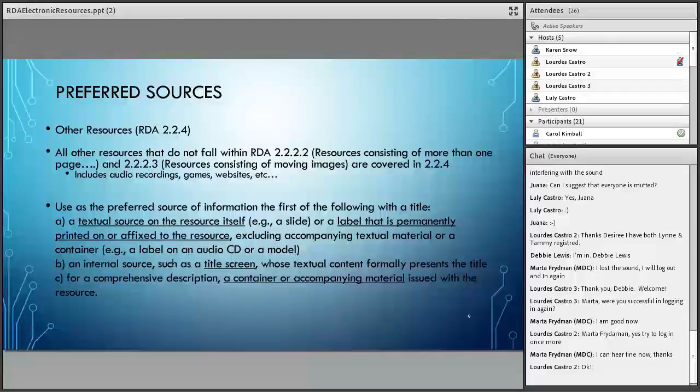So the label affixed is preferred over the title screen, which is also a little bit different from AACR2, which very much, as I mentioned before, prefers the item itself. So for a movie, for example, a DVD, title screens were always preferred over the container information or the disc. But anyway, that's what I'm going to go with for the CD-ROM, for example. So looking at the label. So here, on the left, the website, I'm using TwiFans, Twilight Fan Community, twifans.com.